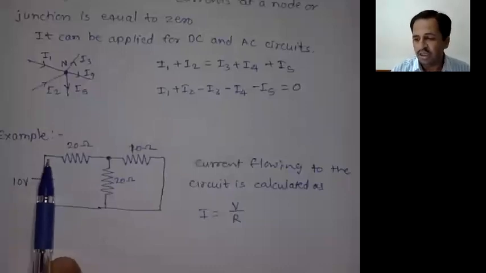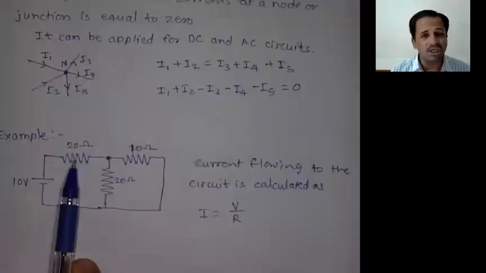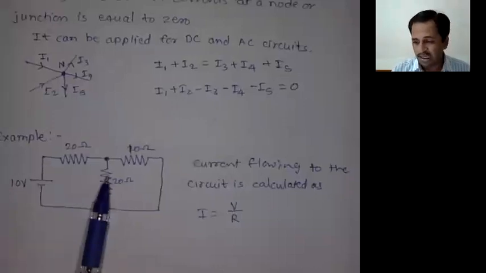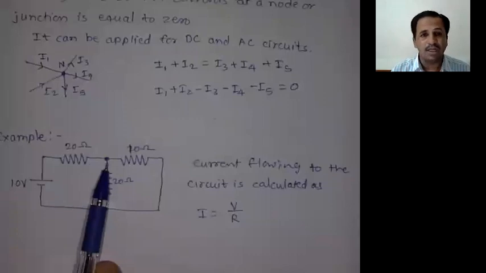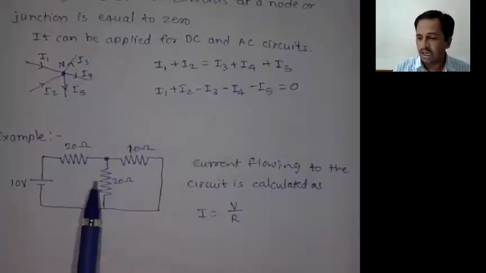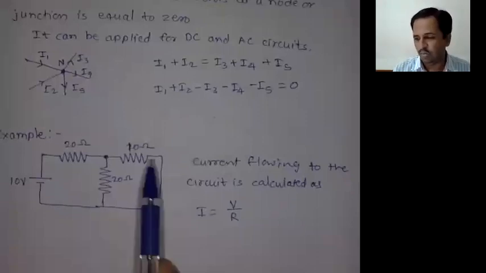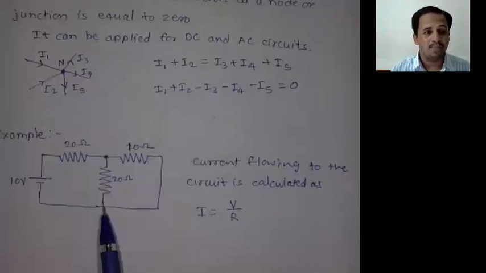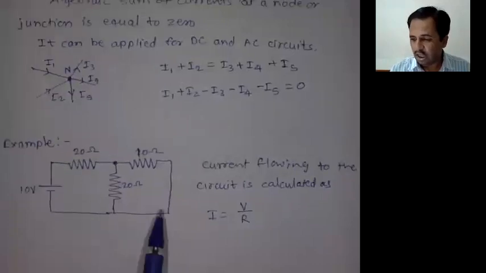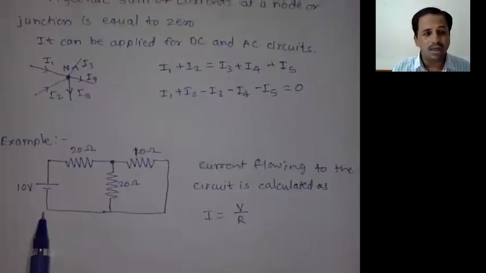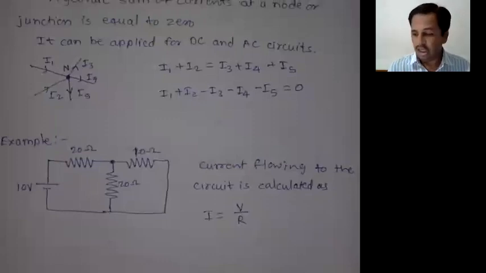Now, starting from this point of one resistor, here there are two branches, one branch here and another branch here. And they are meeting at this point. Now we must calculate the total resistance for this case.